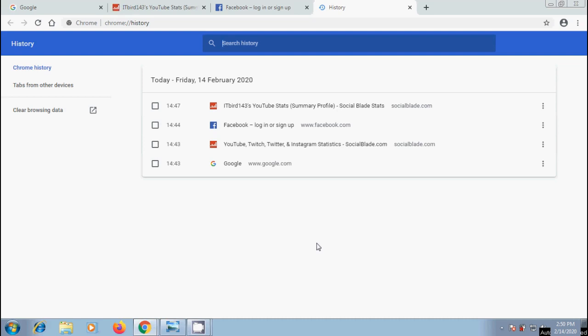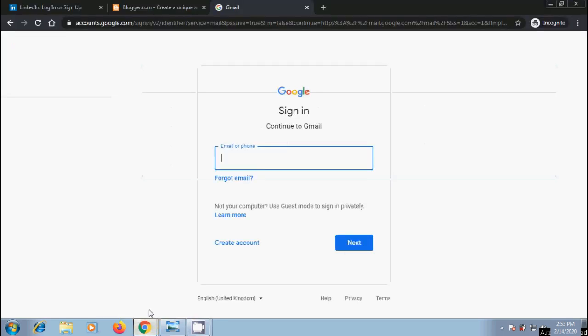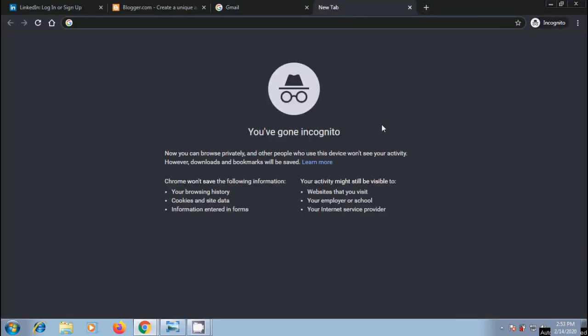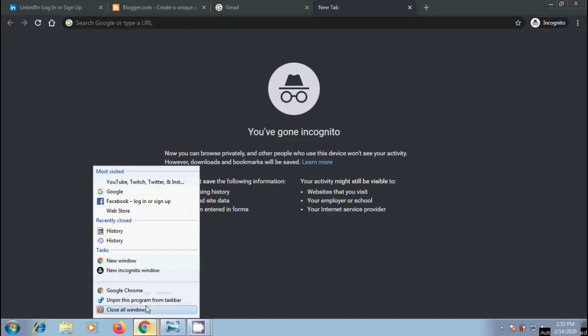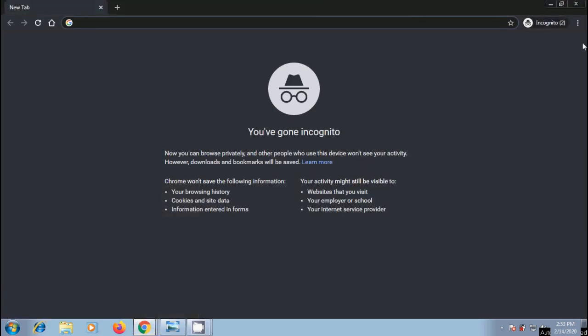One thing to remember: incognito mode does not remember our activity, but these activities cannot be hidden from the websites we visit, internet service providers, and some authorized servers placed in schools, colleges, and many other places. And if we open a new tab in incognito mode, it will be in incognito mode only. And if we open more than one incognito window, we will see a number next to the incognito icon at the top right. So by using this incognito mode, we can browse privately, and other people who use this device won't